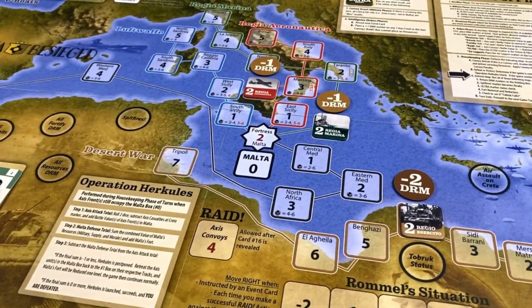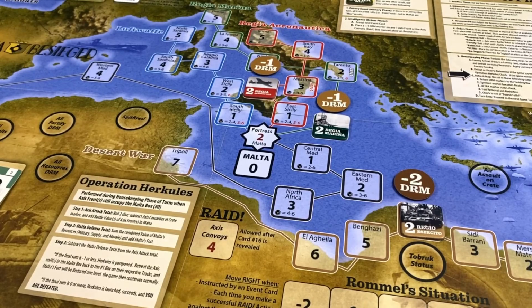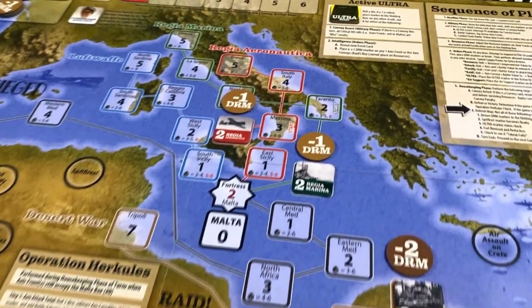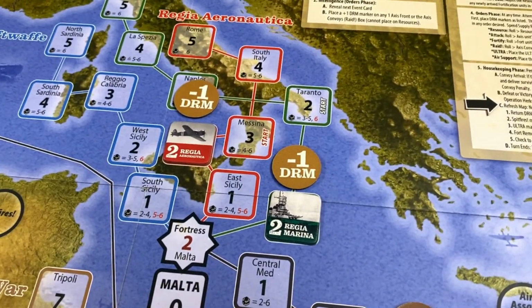Still the Regia Marina is a threat, and we have 2 actions. I think we'll have to roll. It's a pity, we wasted a 6. So we're going to have to roll anyway against the Regia Marina here. So let's place our dice tower,